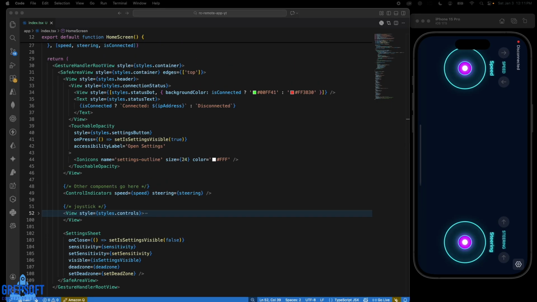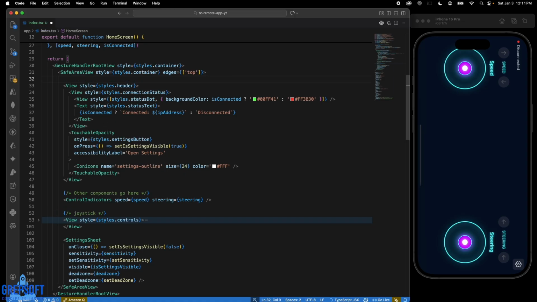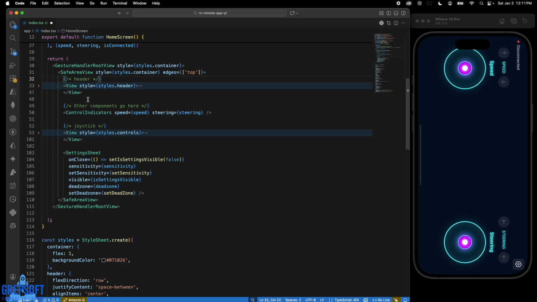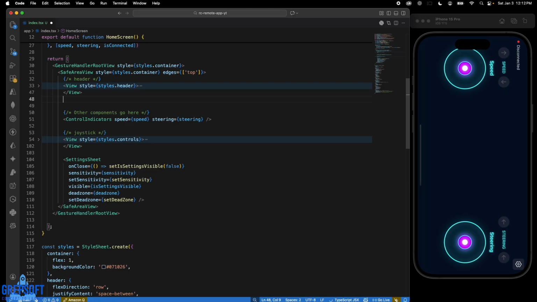So now what we can do is we need to have that indicator for speed, kind of like how cars have it, like a modern one. So I think we're going to do that. So what we have here is, I think we should label this a little bit to make it easier for us. So this one is the header. Okay, so then I can minimize this one. So that's our header, and then what we can do is after the header, I can have, let's see,